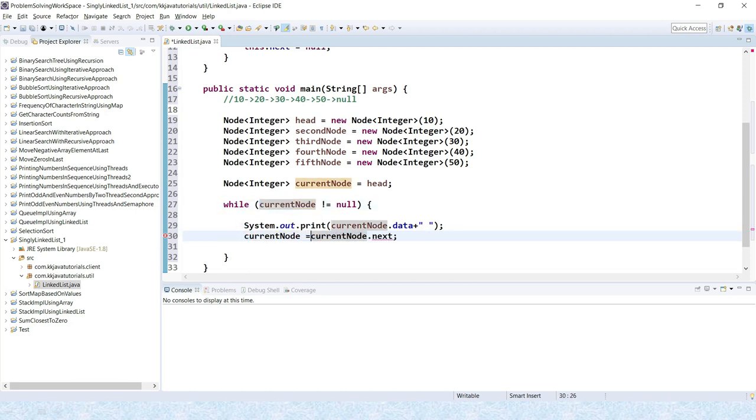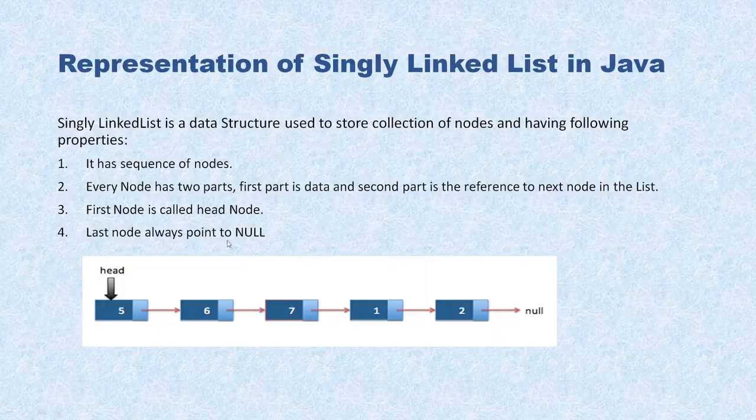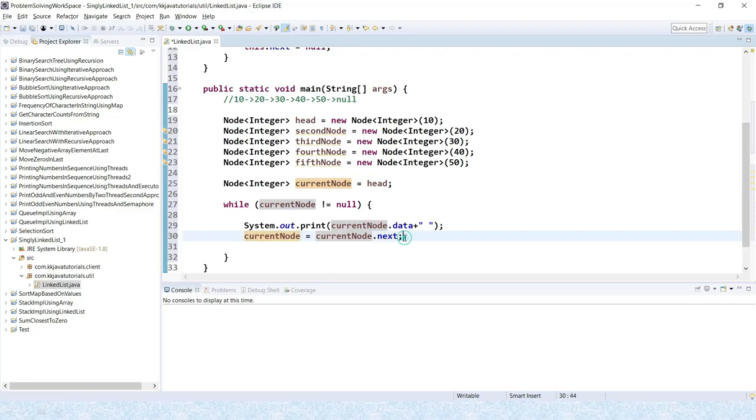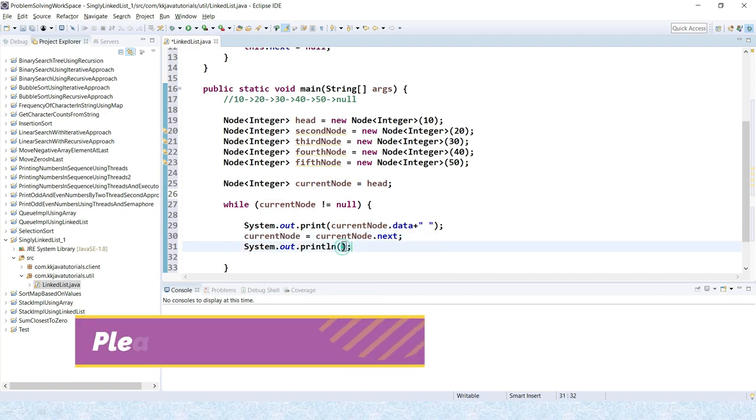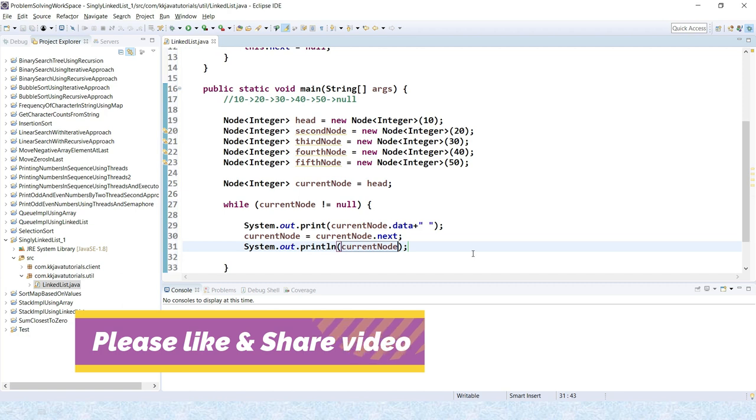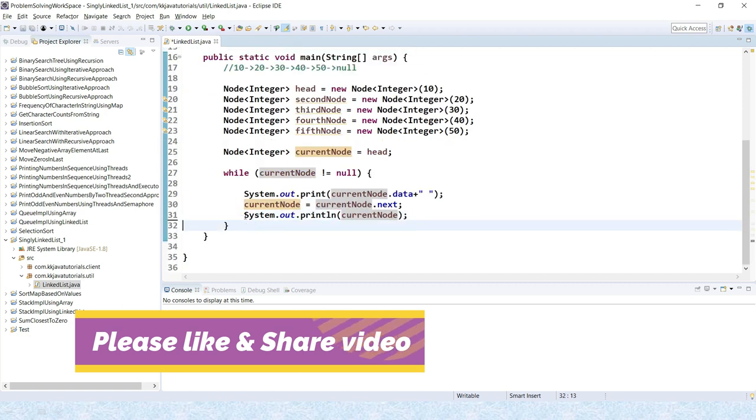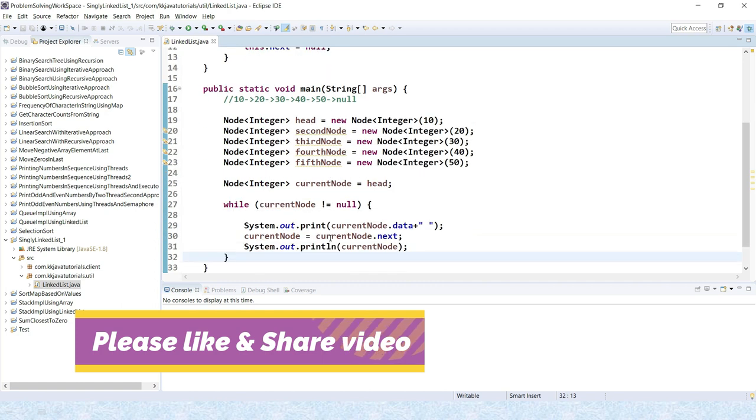So what we are going to do here: we are checking that the head node, basically the current node pointing to the head node, is not null. Then we'll go inside, we'll print the data, and then we'll move the pointer by one, right? So always we'll go current.next, current.next, current.next, until we do not get the null, right? And we are printing the data as well as the current node itself, so that we can see when we get the reference as null, right? So that's all, yeah. But there is some problem, right?